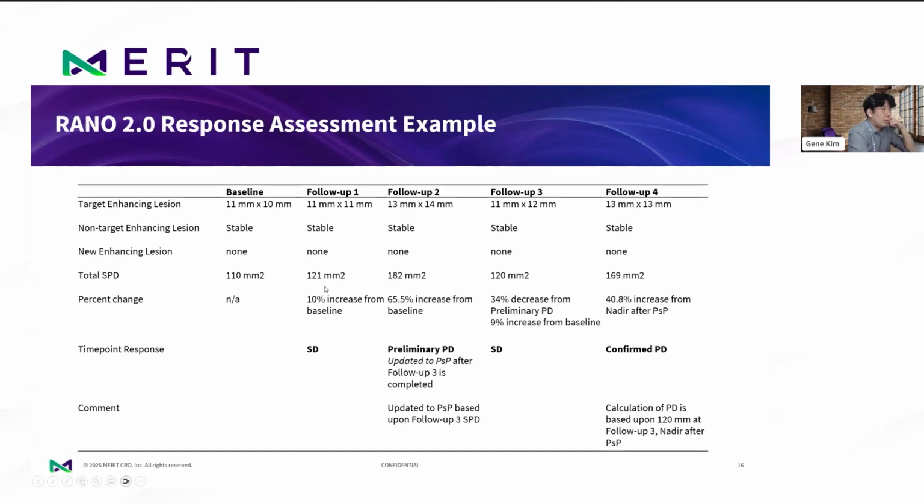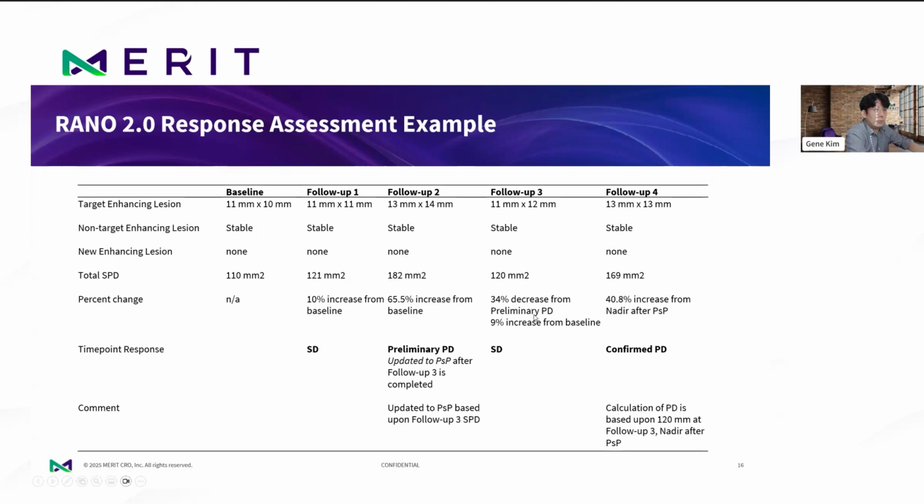And at the next time point, we have an SPD of 121, which would be a 10% increase from the baseline. This does not meet progression nor response, so it can be reported as stable disease based upon the criteria. And then at follow-up 2, we're observing a 65% increase from the baseline, which is also the nadir in this case, before actual progression or pseudo progression has been confirmed at all. This will be preliminary PD at the time of follow-up 2, which is followed by follow-up 3, where they showed a